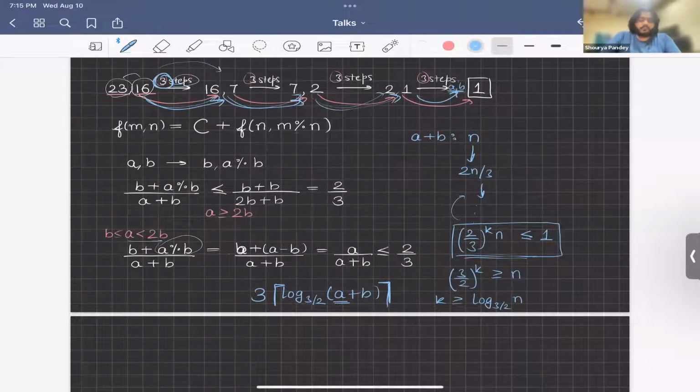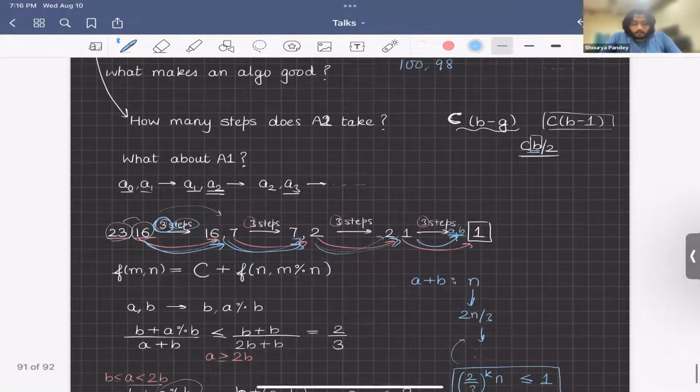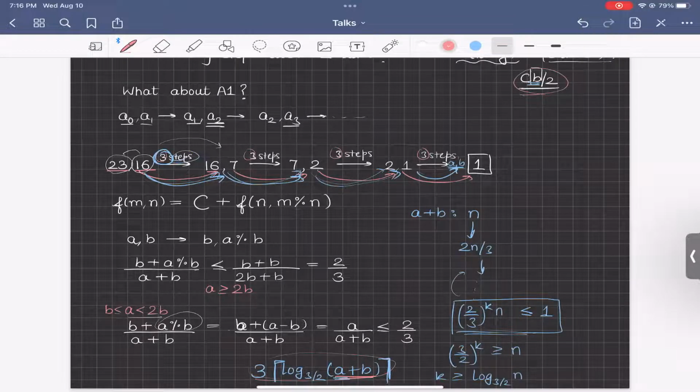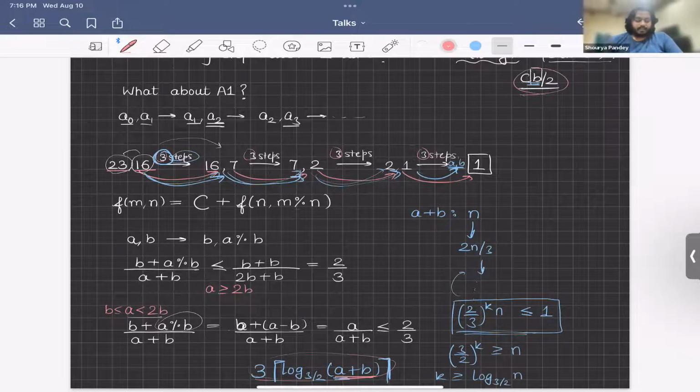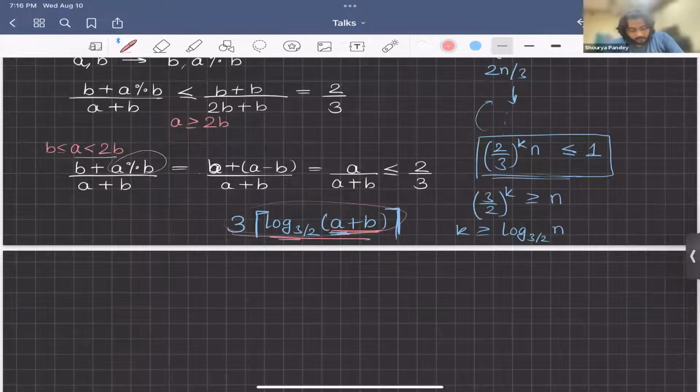note that A could be much larger than B, and we gave a bound only in terms of B here. So we are still not sure why this is much better. This is a good bound, by the way, but we need a better bound. I mean, in one step, you can reduce the numbers to less than the minimum of them. Yes, so exactly, it's plus or minus 1. Exactly. That's the point. So instead of giving such a bound, what we can say is that after the first step,